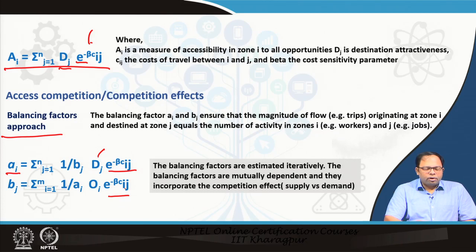So, basically what we are doing is we are making sure that the total number of trips that are being originated are ending up in the same destinations, and this could be matched. We estimate for one and then we do the estimate for the next step, and we iteratively do that one after another, and then we can find the values where there is not much change after each iteration, and we can find the values of Ai and Bj, which are the balancing factors. So, this is how we can also determine competition effects.